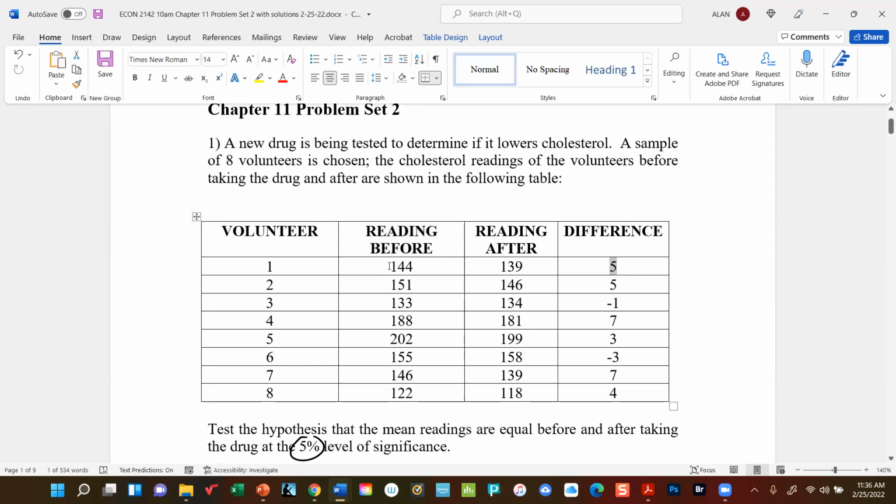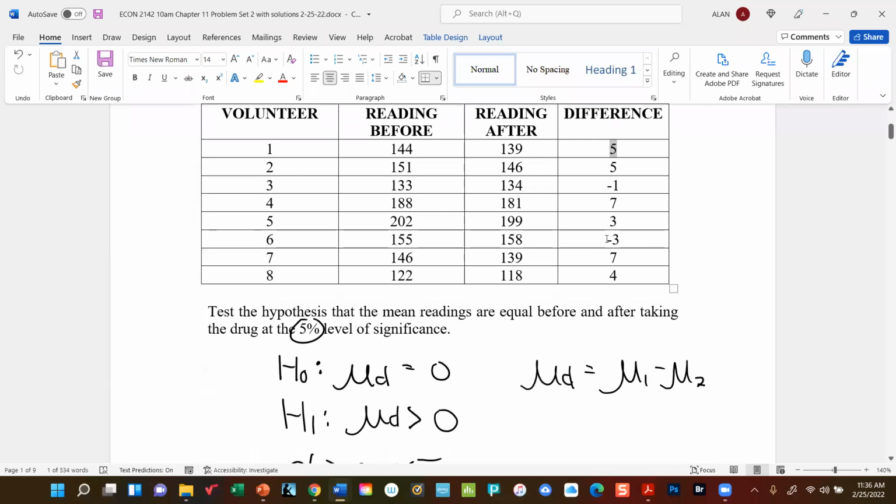All right, so in other words, you notice here, for example, with this volunteer, the reading went down by 5 points, and therefore the difference is positive. So the company that's producing this drug is hoping to find positive differences. So that being the case, this is a right tail test. Right tail because we're hoping to find evidence that the mean difference is positive, which implies that the drugs are